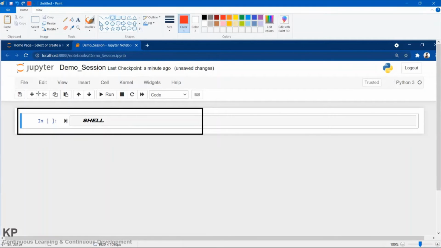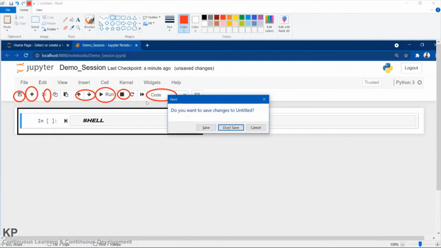Here you can see, I'm taking red color, the plus button. The plus button is for adding one more cell. This is the cut button. Suppose I don't want this cell, so I can click on this cut. This is copy, and this is save, and some more things are there. This is for kernel stop. This is for executing the program. This is for moving up and down. Some more things will be there. Something called code. There is something known as markdown. I will show you. Okay, let me close this one.